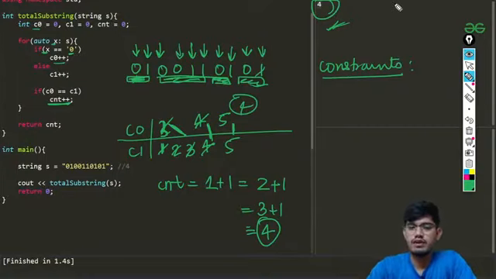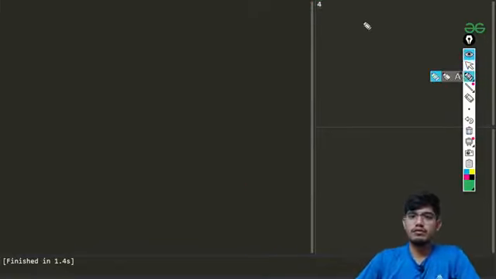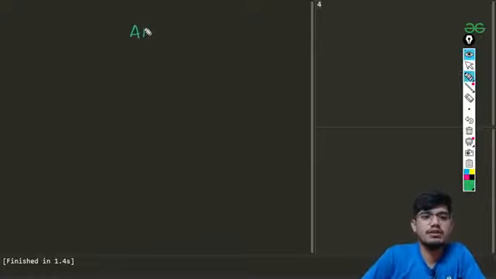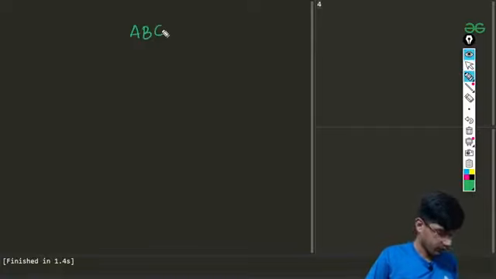Now let us move ahead and try to solve the next question, which is related to permutation. Let me just clear all the space. So we'll have something like ABC, and we want to list all the permutations that are possible for ABC.